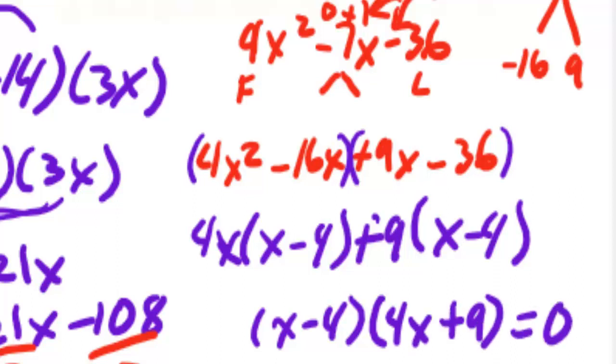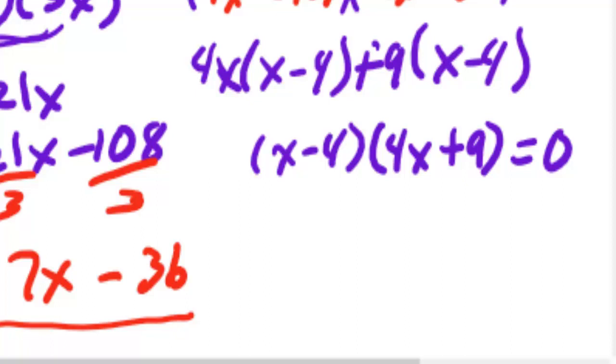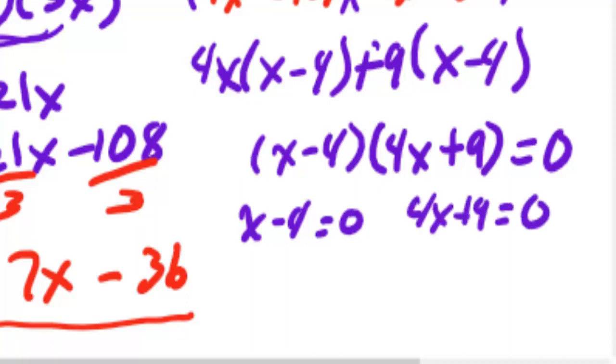Now remember, this thing is still equal to 0. So now I'm going to set both factors equal to 0 and solve them both. So x minus 4 has to equal 0, or 4x plus 9 has to equal 0. And we have x equals 4 on the left-hand side. And the right-hand side, when I subtract 9 and divide by 4, I end up with x equaling negative